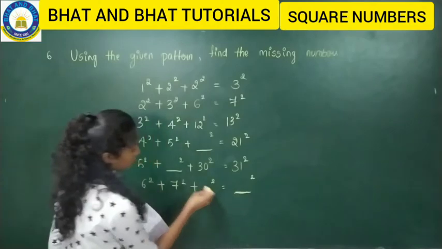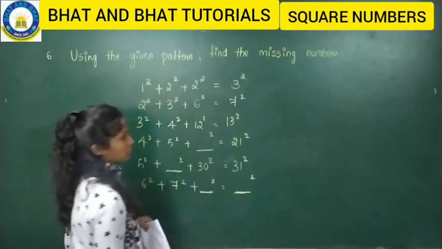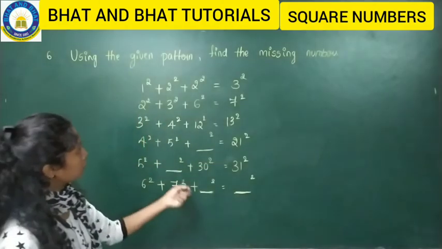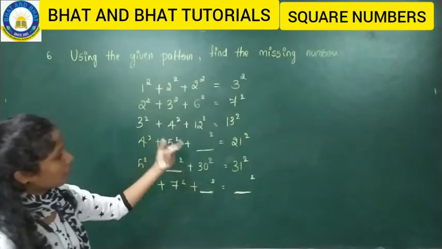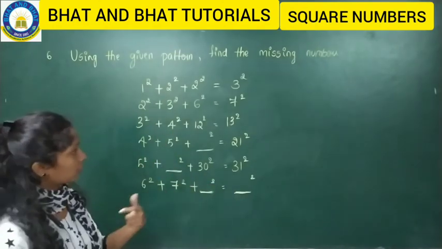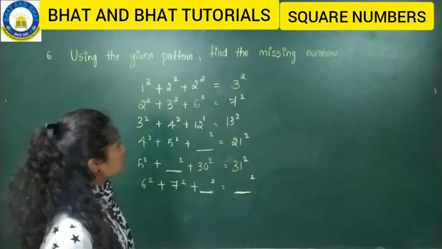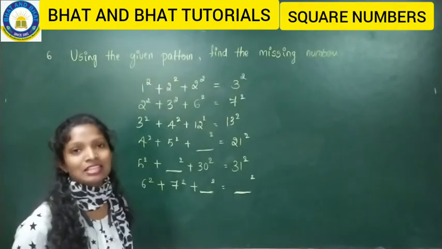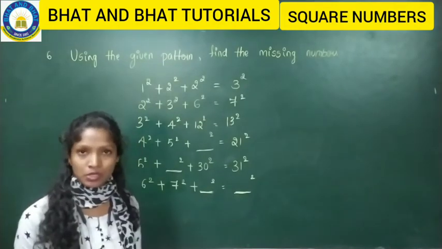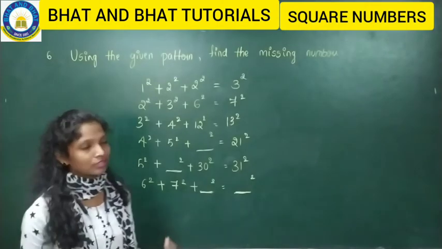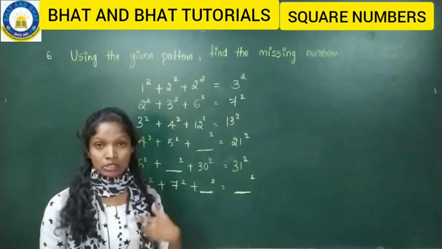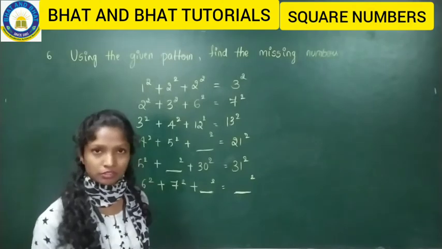So here 1, 2, 3, 4, these are the four missing numbers. With these four missing numbers, you have to find the solution. Copy down the question. Hope you all copied the question. Now students, observe the pattern. There is a method to solve the question, and there is also one trick to solve this particular problem. Let us first see how to solve it, then we will move on to the trick.